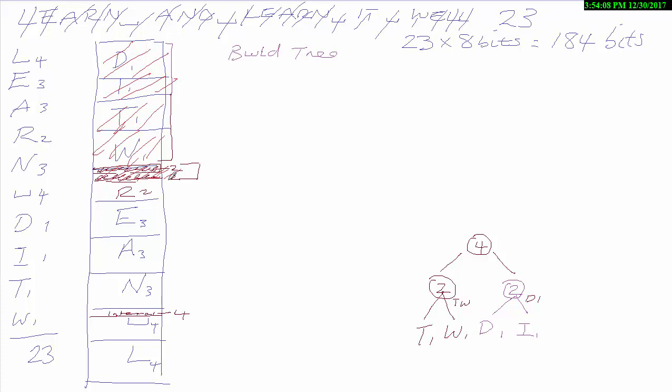So I've removed those now, and the next 2 minimal values for me to start removing are the R and the E. So I now need to make a new node with an R and an E. Now I might need to move these around shortly, could become a little bit of a mess, but I'm not too worried just yet. So that's 5, which gives us access to our R and E, and we put the new internal node at the bottom here, which is the 5,